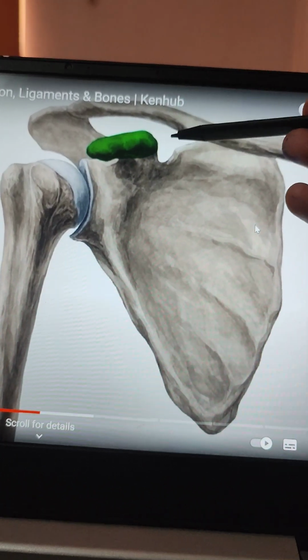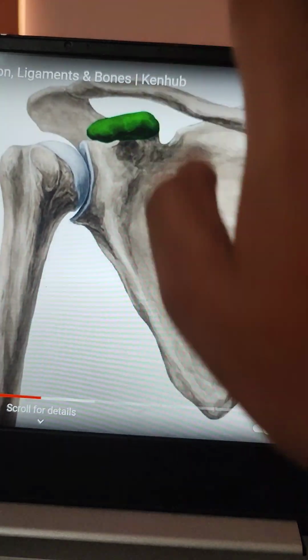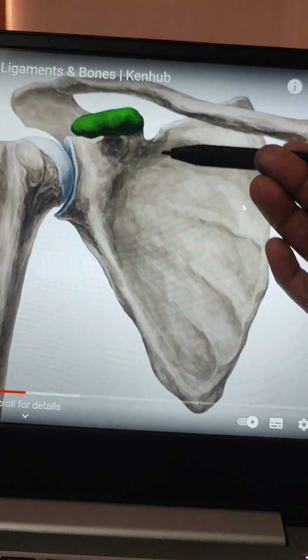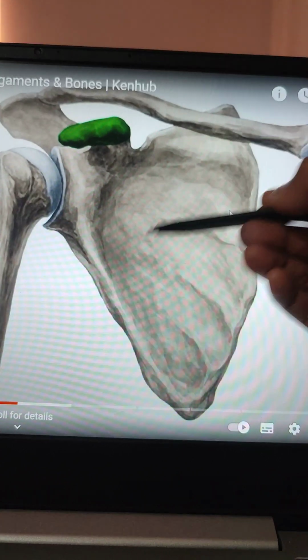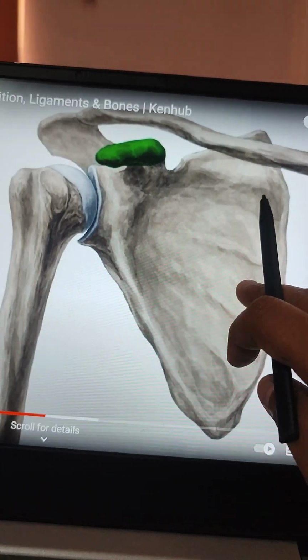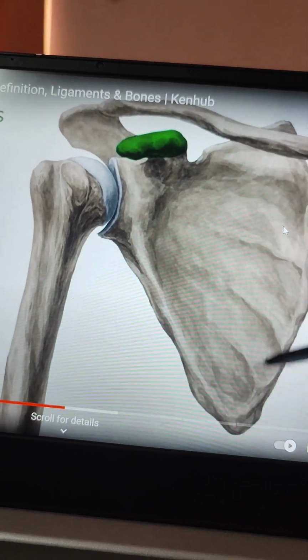You can see here that this is our anterior aspect. You have to remember the variation in the attachments of the anterior aspect and posterior aspect. On the anterior aspect, over the whole length, except this border, all over there is the origin of the subscapularis muscle. Origin of subscapularis muscle.